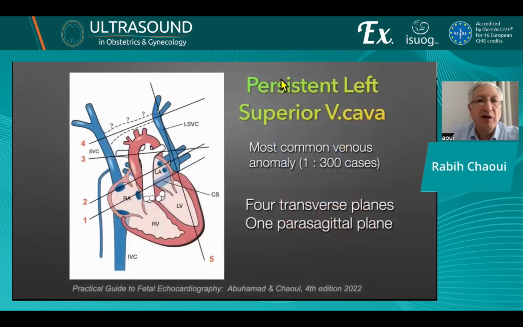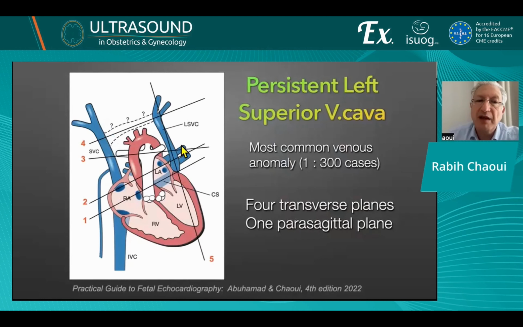It is a common condition found in 1 out of 300 cases. In many cases, it's an isolated finding as a variant, but it can be associated with other abnormalities. The way to detect this condition is in one of 4 axial planes: at the level of the fourth chamber view, at the level of a higher plane of the fourth chamber view, and then in the three-vessel trachea view, and then a higher plane to demonstrate the absence of the brachiocephalic vein, or turning the probe into a sagittal view to demonstrate